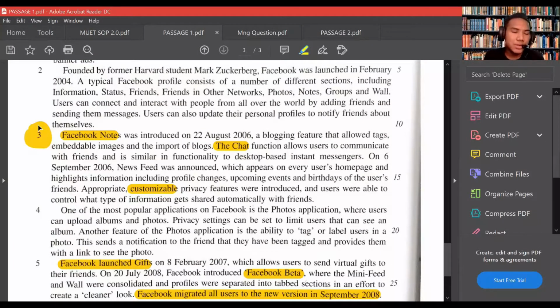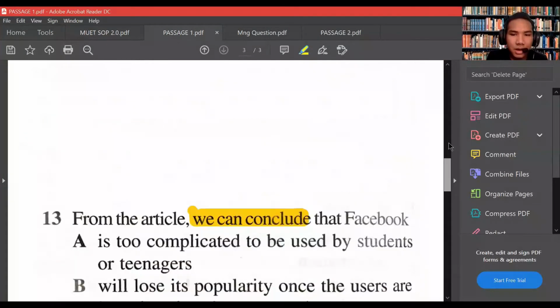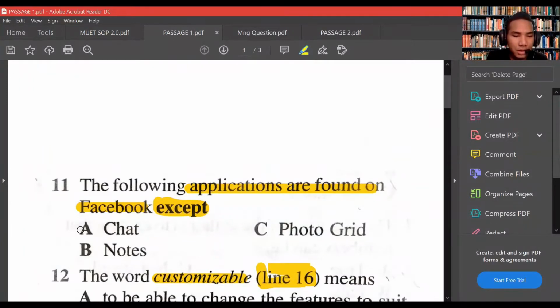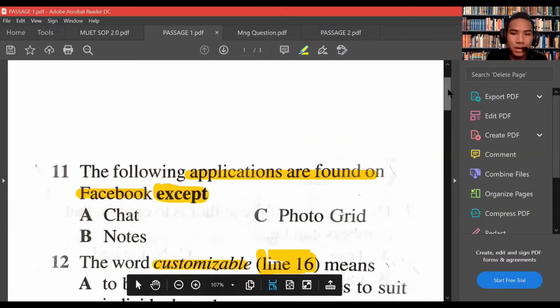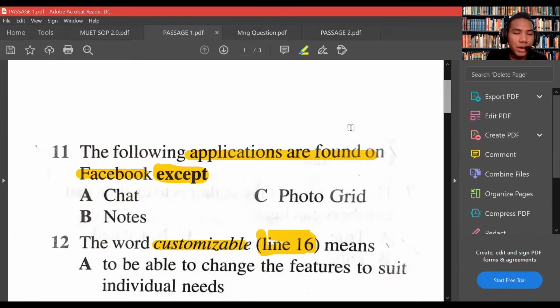So we proceed to the next step, which is to scan through the paragraph to find the keywords related to the statement, question, or answer options. As I have highlighted here, Facebook, notes, and chat are two of the answers provided in the options. The next step is to compare whether the options in the statement are related